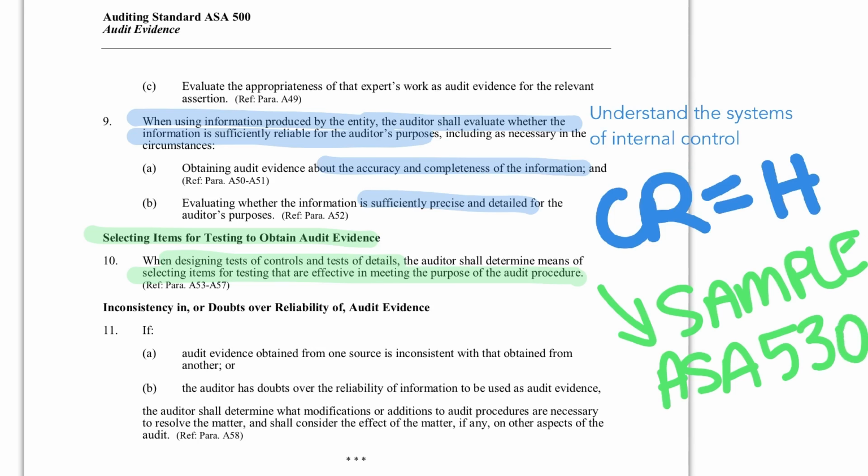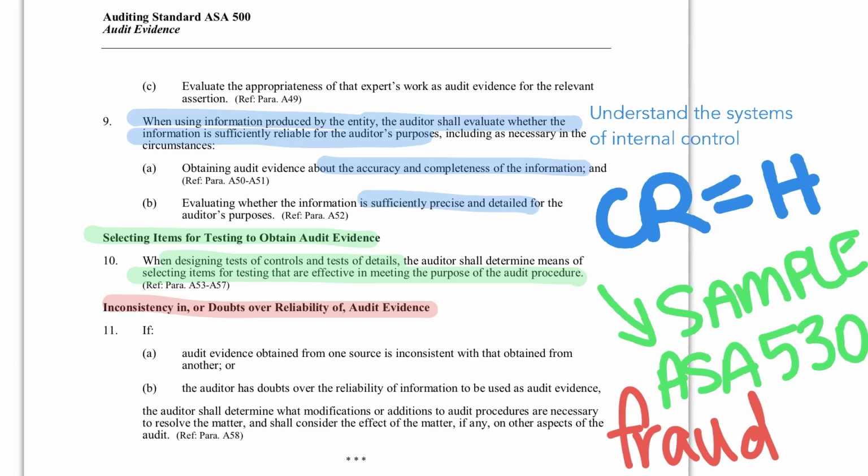Now, what happens if I have information that is inconsistent or doubts the reliability of audit evidence? And inconsistency is a key one. If you find information where you've got two pieces of information from within the client that tell a different story, you cannot simply ignore that it exists. So it says if evidence from one source is inconsistent with evidence we get from somewhere else, or we think that there's doubts over reliability, potentially because of poor internal controls, potentially because of some other, you might have a fraud risk,